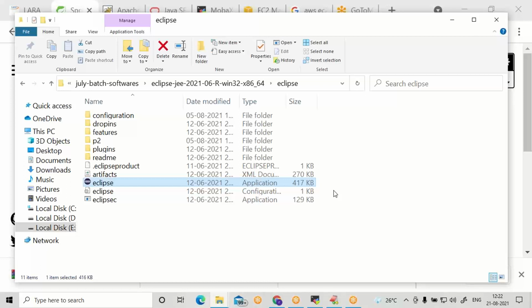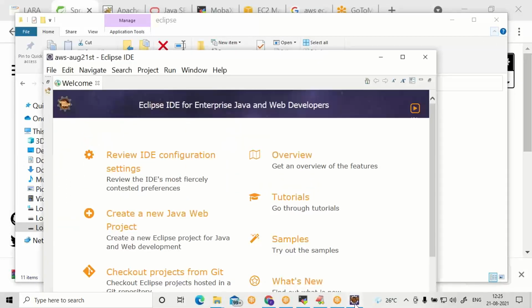Eclipse is launching to the folder whatever created, the folder where demo is downloaded. Close welcome.